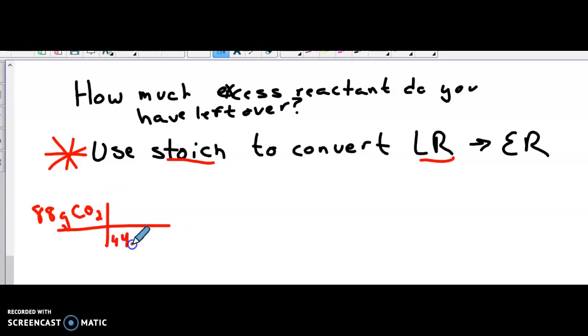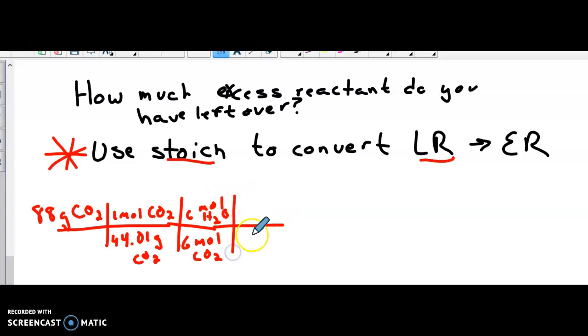So we're going to do our molar mass of CO2, then we have to do our mole ratio, and looking back, you know the mole ratio of CO2 to H2O is 6-to-6. Look at your balanced equation. And then we are going to continue and take that H2O out to grams. All right, so 88 times 6 times 18.02 divided by 44.01 times 6. And I get 36.03